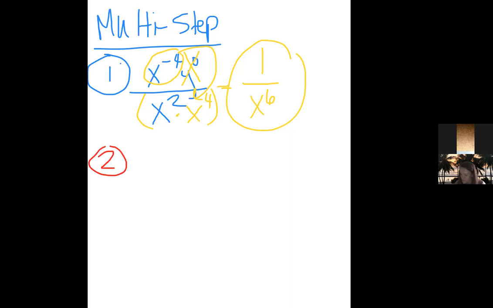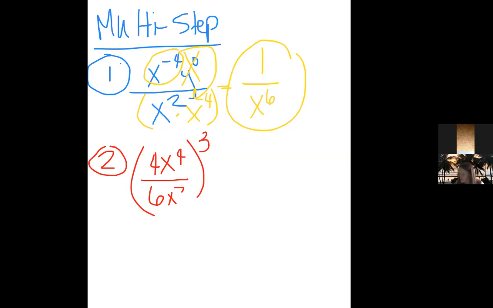Okay, this problem, we're going to have 4x to the fourth over 6x to the seventh, all to the third power. So here we have division and we have a power rule. So that's really it right now. But my suggestion is, even though order of operations says to do exponents first, if you simplify the parentheses first, it will make your life way easier. I would suggest simplifying and then doing the exponent. That's just my suggestion. You can do it the other way, you'll get the same answer, but I would suggest